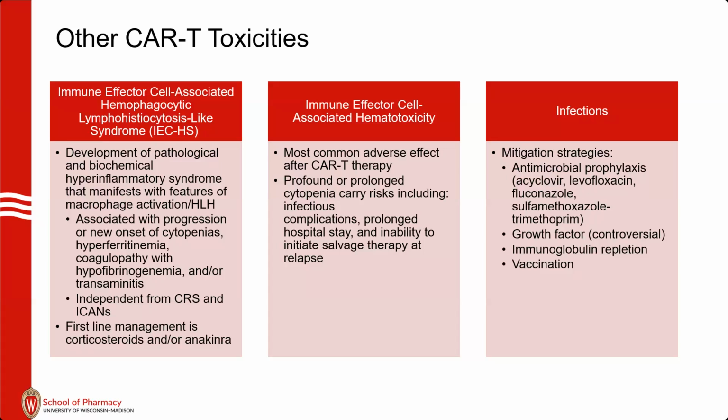And so infections then are really going to be our leading cause of non-relapse mortality following CAR T, due partially to the two preceding toxicities that we discussed, in addition to things like the hypogammaglobulinemia from on-target toxicity. And so we have a wide variety of mitigation strategies for that, our prophylaxis: acyclovir, levofloxacin, fluconazole, and sulfa. So somewhat similar to our stem cell transplant in that regard, with that variable cell recovery and the factor of the immunosuppression from other toxicities, maybe requiring something like mold prophylaxis or prolonged